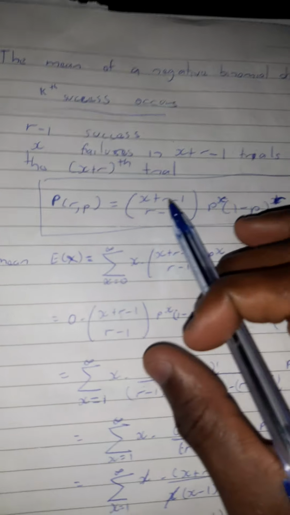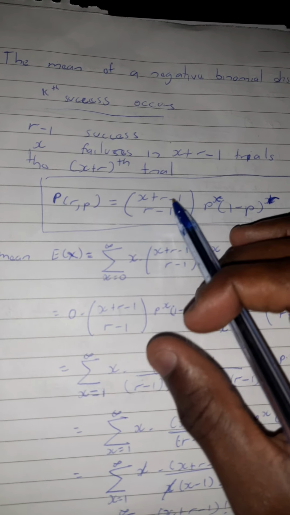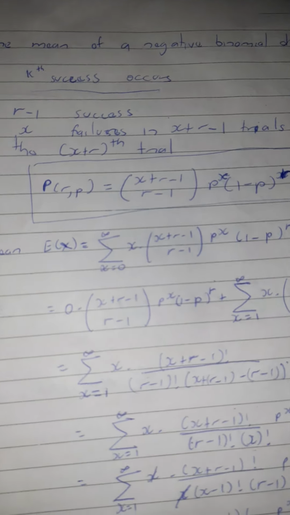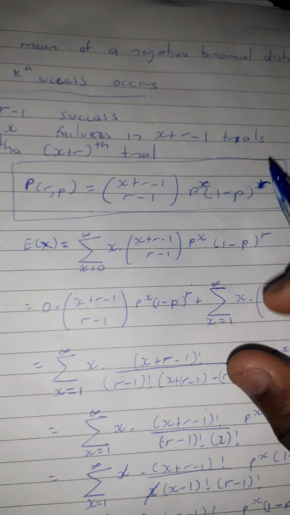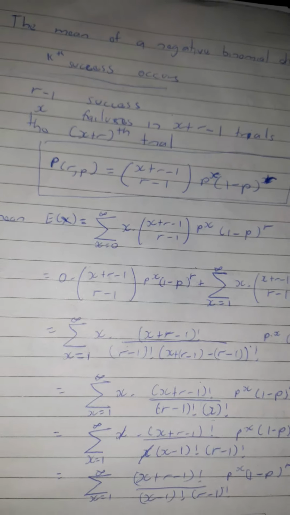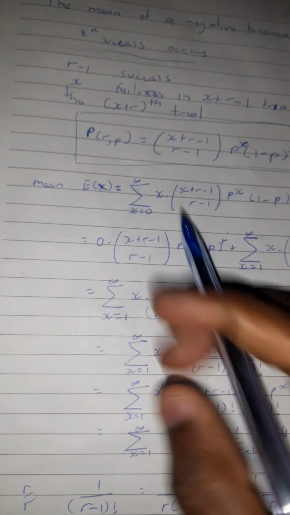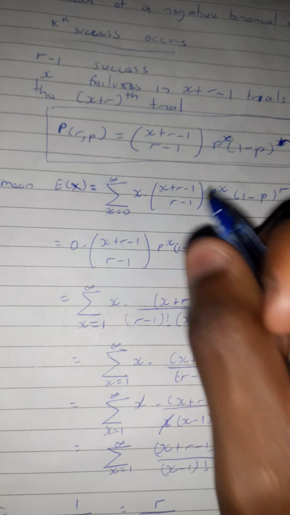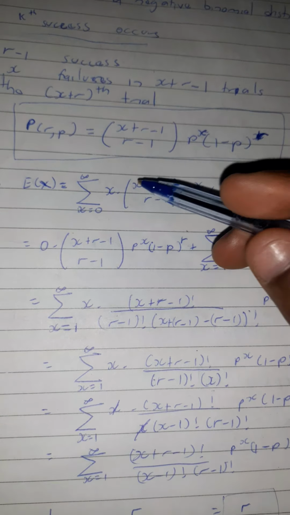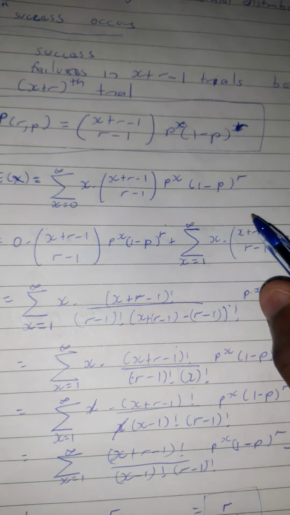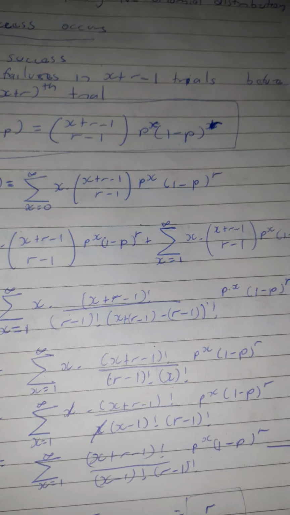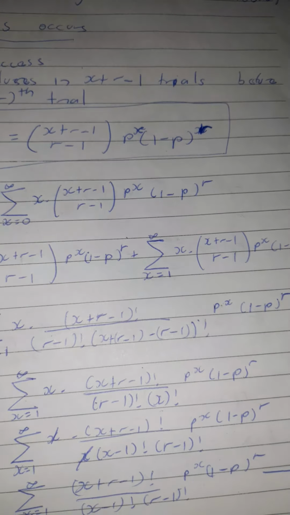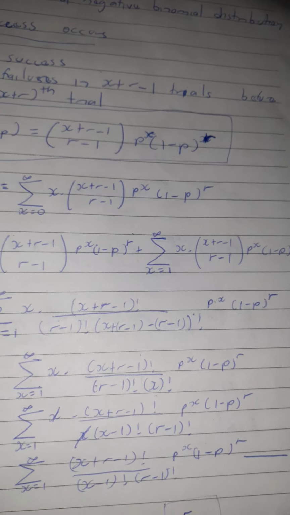This PMF is given by the combination (x plus r minus 1, r minus 1), p to the power x and (1 minus p) to the power r. So to get the mean, it will be the summation from x is 0 to infinity, x times the combination of x plus r minus 1, which gives the probability of x at that point. Then